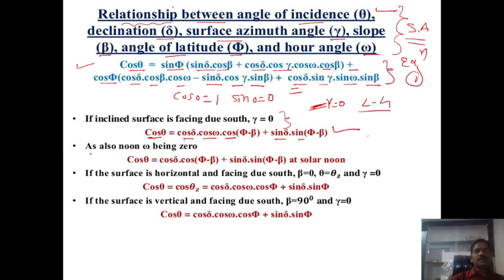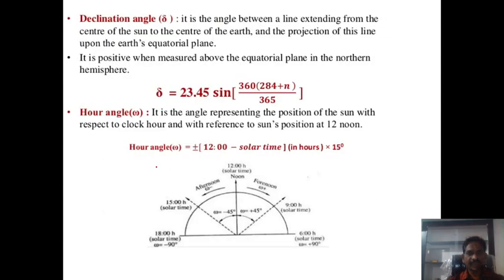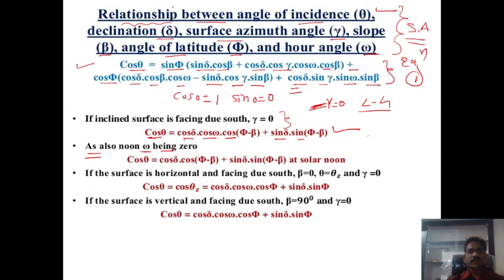Another assumption we consider is solar noon. At noon, what is the value of the hour angle? It is 0. In this figure, our hour angle is shown by the letter omega. At noon, our standard formula is plus or minus 12 minus solar time. At noon the solar time is 12, so 12 minus 12 is 0. So at noon, omega becomes 0. We already learned this definition, so in that situation we assume the parameter omega becomes 0.